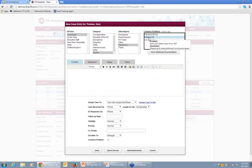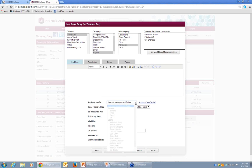And as you can see, they have access to the same common problems knowledge base and wiki knowledge base that the employee has. But they have a couple of other features. Because I'm an administrator, I have the ability to automatically assign this case that I'm creating based on corporate rules, or I can force it to be assigned to me, or I can force it to be assigned to another individual. Typically, a CSR or an agent would only have these cases assigned to themselves or their manager, but that's definable by you. And if this is a question I get a lot, then I can submit this as a common problem and nominate that issue to go into the common problems knowledge base, where an administrator would go in